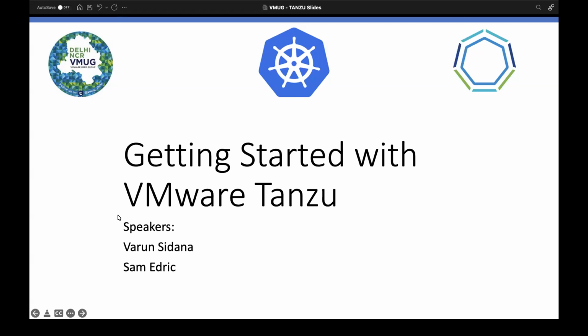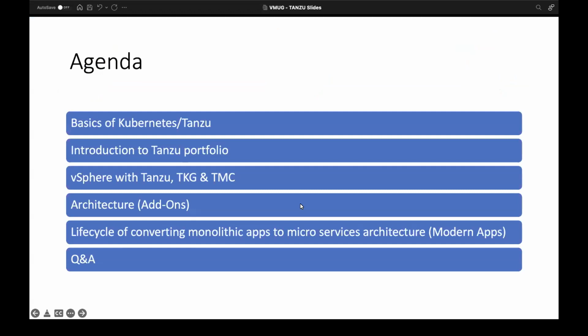Hi team, thanks very much for joining the session. And this is Sam here. I have over 8 years of IT experience, and I've been associated with the VMware professional services for close to 6 years. And currently I'm working alongside Varun at the UAE. So I've been involved in this app modernization journey for quite some time. And I would like to share my experience today on how exactly we help customers to modernize or to migrate applications from Monolithic to modern application platform. So I'm excited for this session as well. So I'm giving over to Varun to start the session.